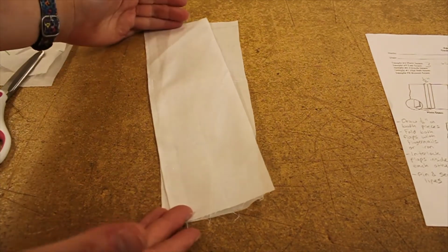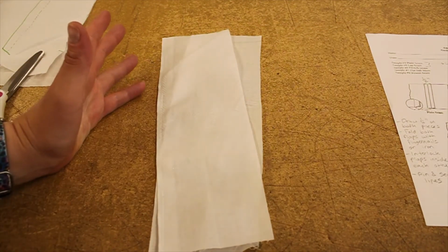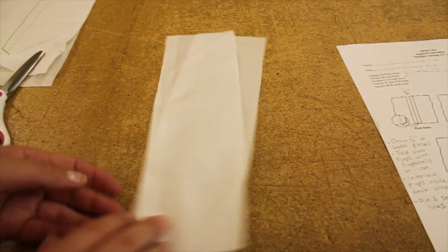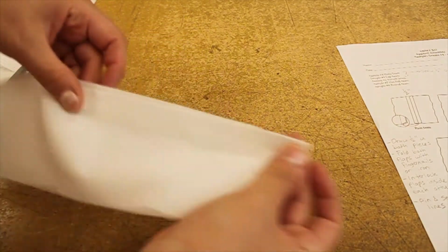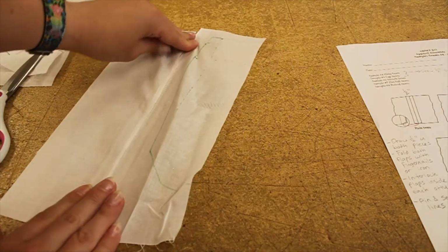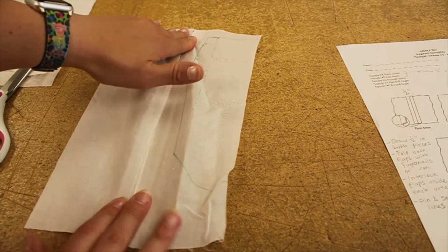fabric. So, not longer really than a piece of paper. You could just use a piece of paper as a template and then just cut the fabric in half to make the pieces equal. Then once you have cut them to be the same size and shape, basically what we want to do is join these pieces of fabric together using a plain seam